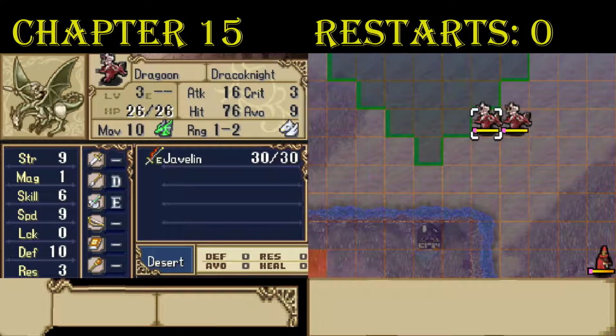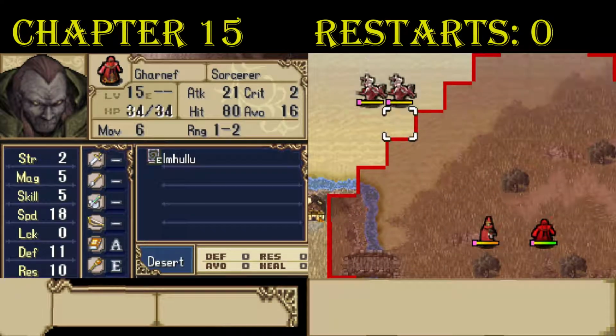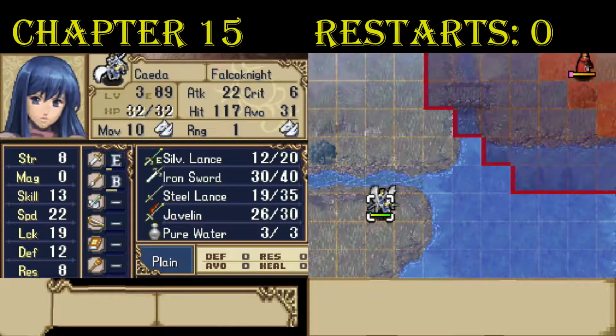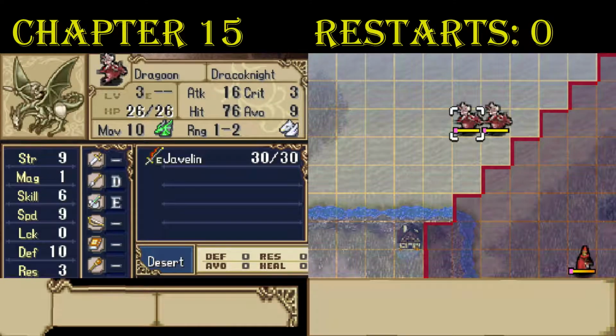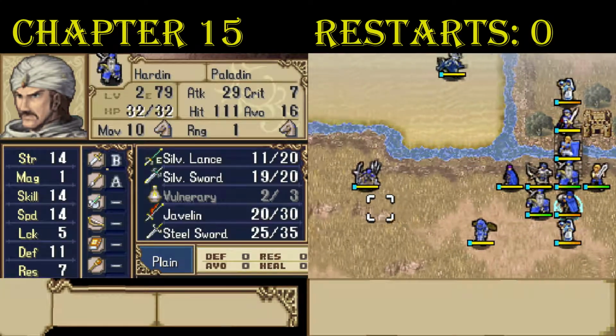Problem is, if I leave her within range of the Draco Knights, she's going to have a problem. So let me see if I can take them out on this turn, and maybe this mage too. With the Javelin, she has 16 attack. These guys have 10 defense, so that's 12. Not quite, but maybe with...